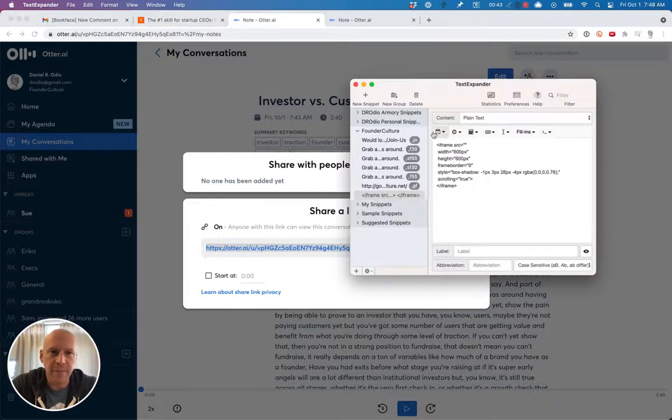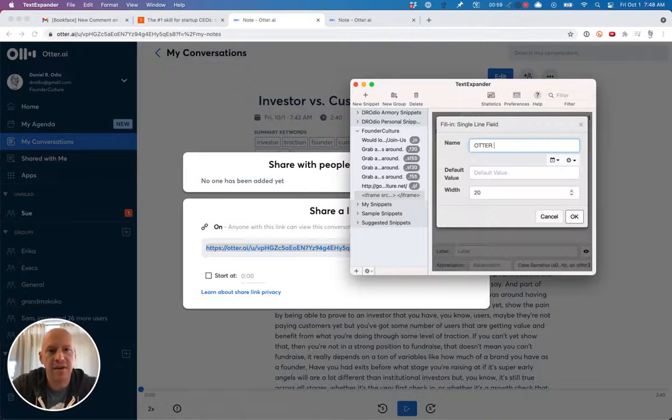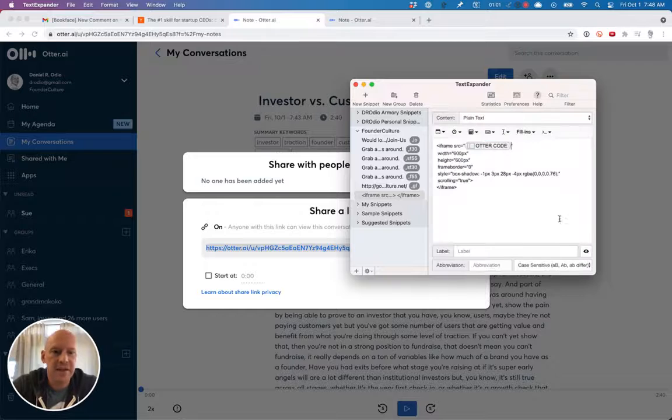So the first thing that I'm going to do in TextExpander is I'm going to drop in the embed code, but I need to put in a variable, which is the actual URL of the Otter recording that I want to embed. And so what I do here is I drop in the embed code, and then I go to the frame source, and I say fill in single line field, and I call this Otter code. All right, so now I need to give this a shortcut. So let me see, like OE,